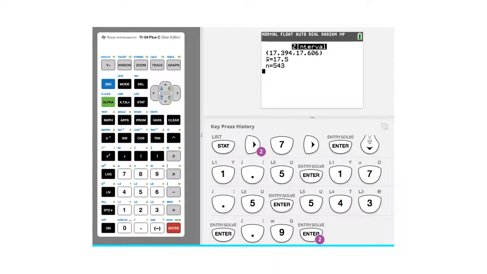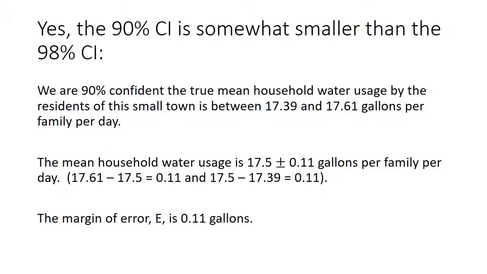There's our Z interval. Confidence interval for a population mean where we know the population standard deviation, so we use a normal distribution. We are 90% confident the true mean household water usage by the residents of this small town is between 17.39 and 17.61 gallons per family per day. Round the same way we did on the last problem because we're comparing it to the last problem. Our margin of error, take the upper bound minus the mean, or the mean minus the lower bound, get the same value,